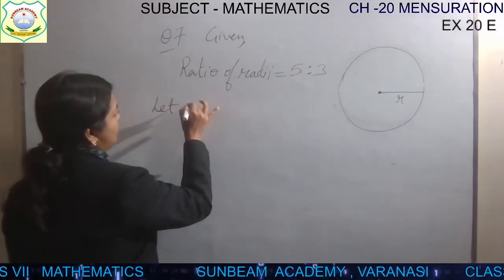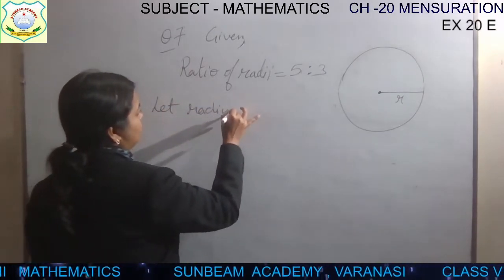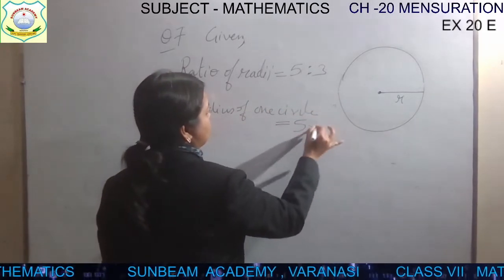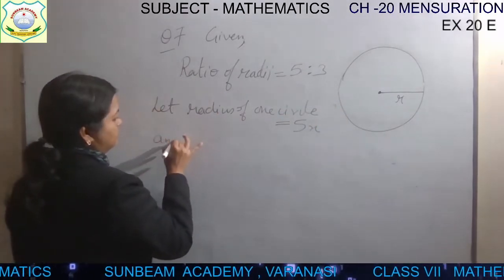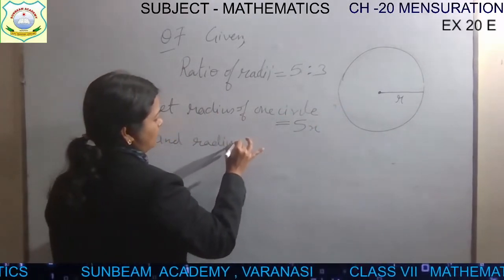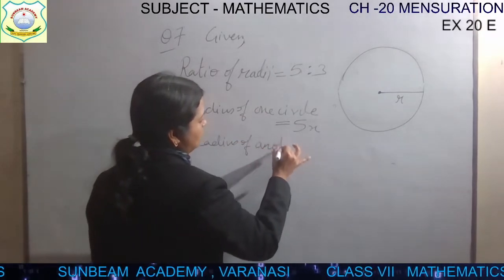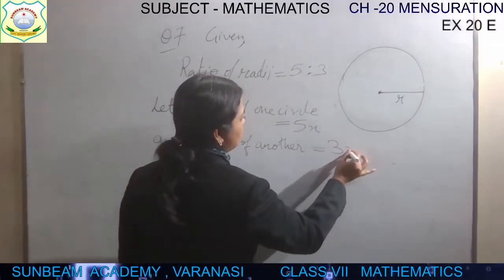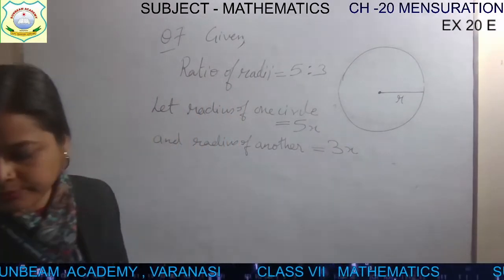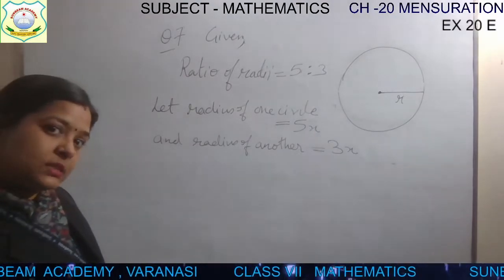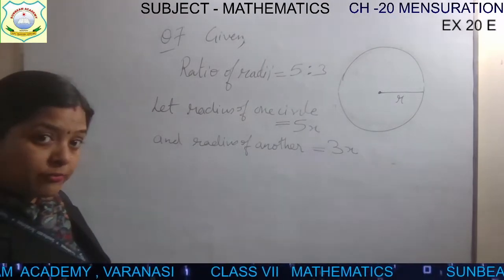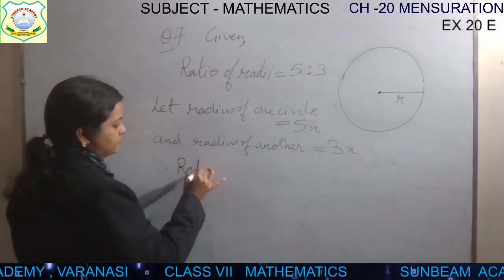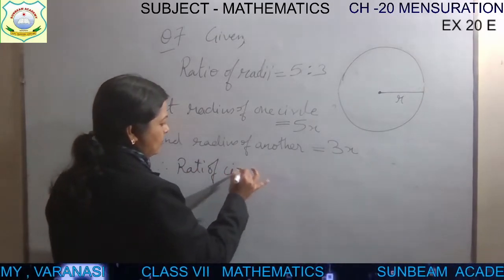You will write: let radius of one circle be 5x and radius of another circle be equal to 3x. Radius of one circle is 5x and radius of another circle is 3x. Now we have to find the circumference ratios. So therefore ratio of circumference